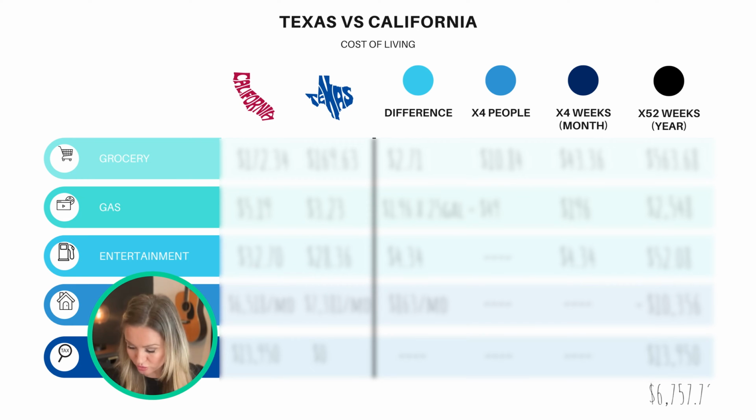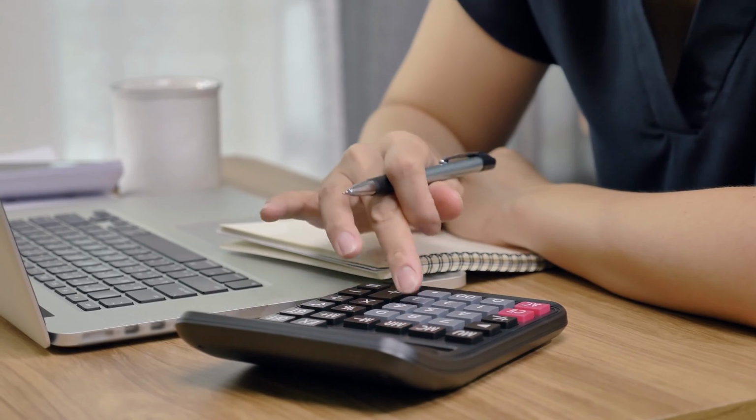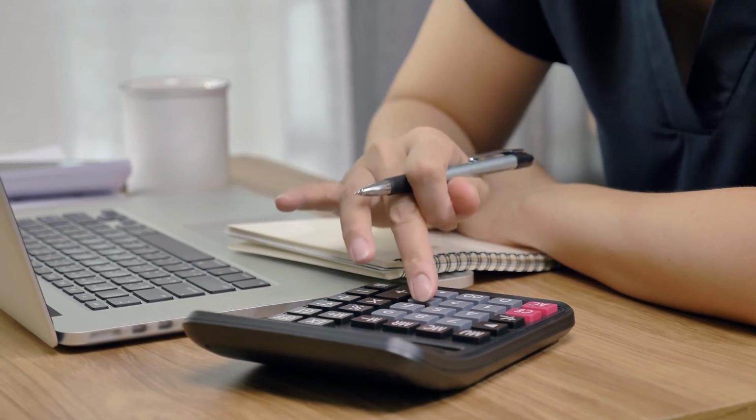Today I'll be sharing real numbers with you: gas, groceries, housing, and more, and it's actually quite eye-opening. The results are in for groceries, and this is very interesting. Wait, make sure you stay till the end of this. But I calculated how much it would cost per month and per year, the difference of living in California or